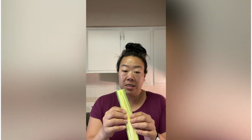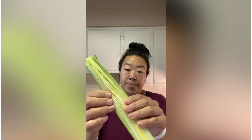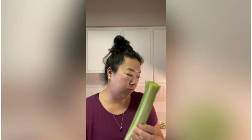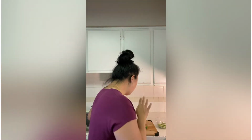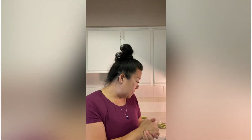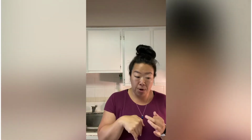Just a quick note about leeks, they get pretty dirty, so make sure you are washing in between all of it to get rid of all the dirt. I already chopped some up here. I'm gonna put my pot on the stove. It's a pretty simple recipe, as most of my recipes are for you. Leeks, carrots, ginger, some curry powder, salt and pepper, broth, and then of course my favorite, coconut milk,